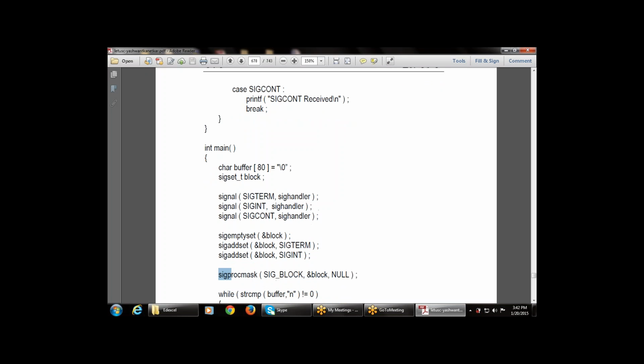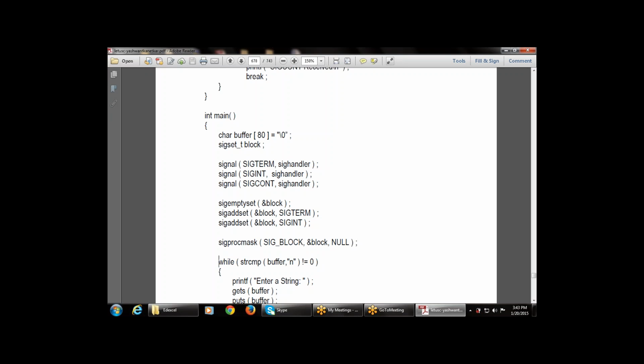Then there is a sigprocmask with SIG_BLOCK, &block, then there is a NULL. Then check the condition. This is the most important point. Compare the string. What are the strings? That is the buffer and the "n". So compare the string "n" and the buffer, and if it is not equal to 0,